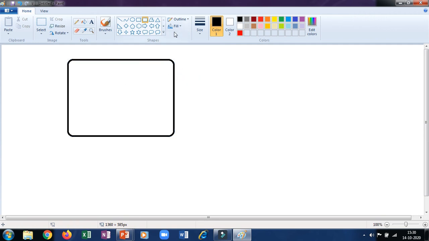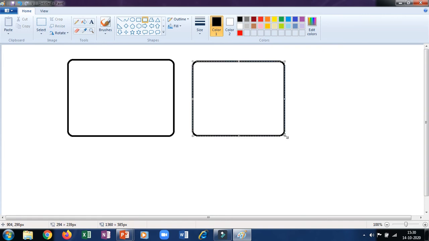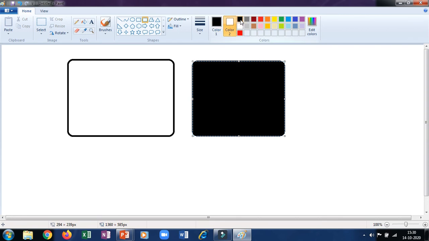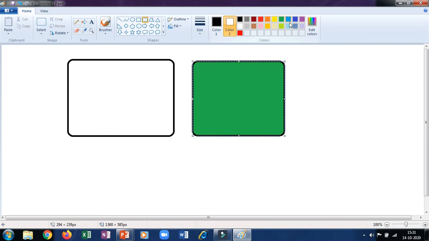Okay, but when you take fill as solid color, and when you are drawing the image, whichever color is there in color 2 will be the inside color. But here we have taken white color, so I will click on color 2 and then choose whichever color you want in color 2. See, you can see color 2 is for fills, shape fills. Okay, this is the fill option. So your shape is filled with green color, and color 1 is for the border. What is the color right now? Black color. So let us change the color.